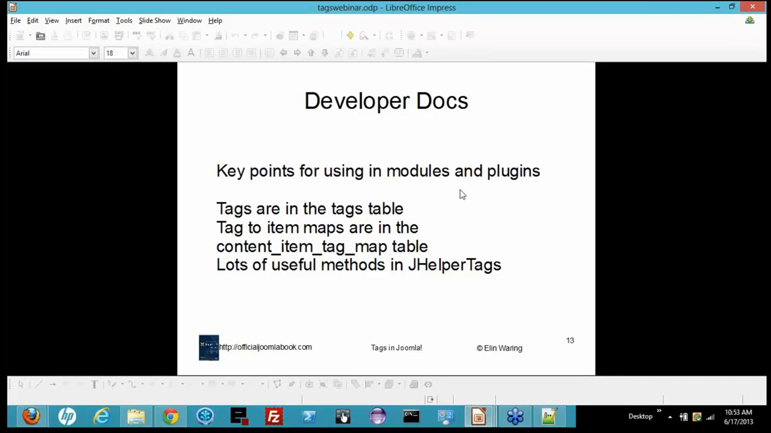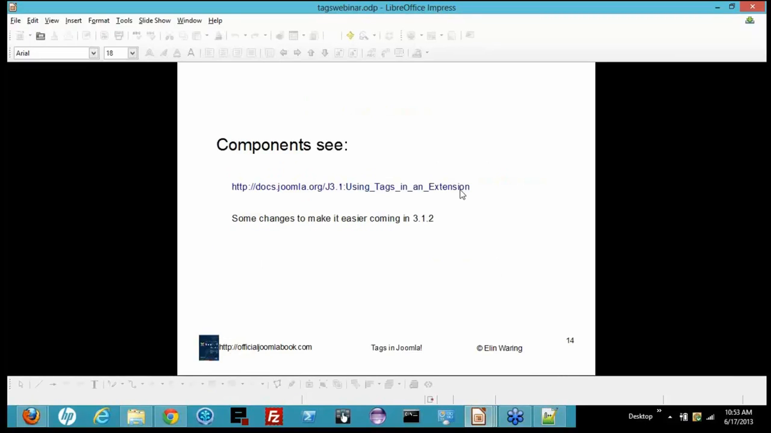But the base queries are pretty much set up for you. So it's relatively easy to create a custom module or a plugin if you want to do that. And I will say that we do it for components. I'm happy to talk about that if people have questions, but it's of course a little more complex when you're